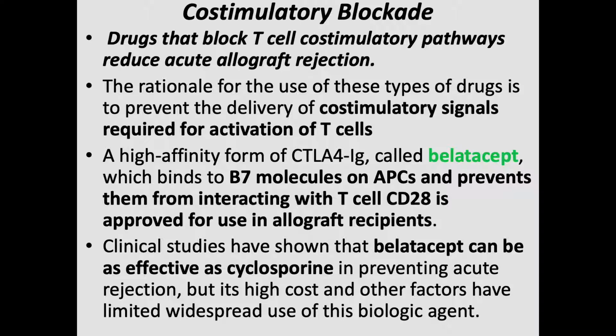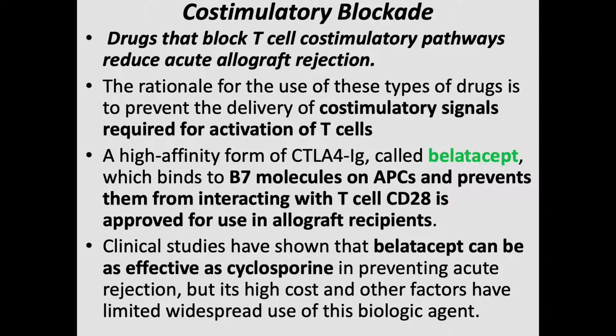So if we target with some medication which is similar in structure to CTLA4, like immunoglobulin or some molecule, we can suppress the immune system, and therefore this can be useful in preventing transplant rejection reactions. And this medication is belatacept, which is actually an analog of CTLA4 bound with immunoglobulin, and this will bind to B7 on the antigen presenting cell, and this will prevent engagement of B7 to CD28, and this will suppress T cell activation. And we can use